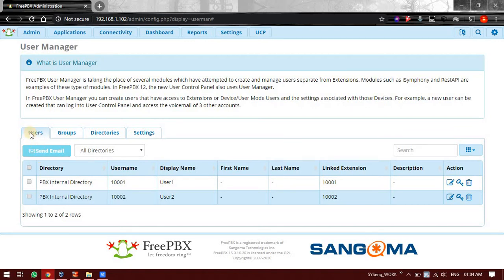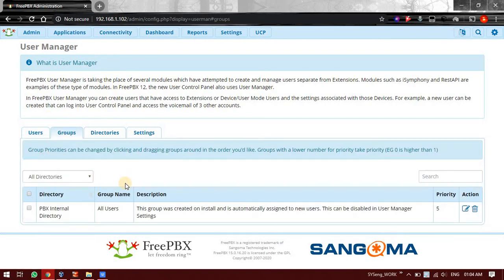So this is the user management window. Under this user management, the first one is user and the second is group. So I am taking groups for this particular tutorial. So what is groups? In groups, you can create a group with a collection of policies and roles, and you can assign that group to a user. The roles or policies present in that particular group will be assigned to that user.